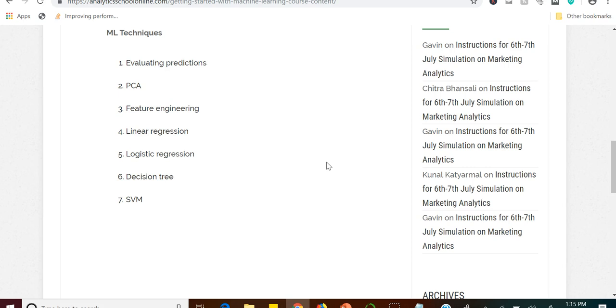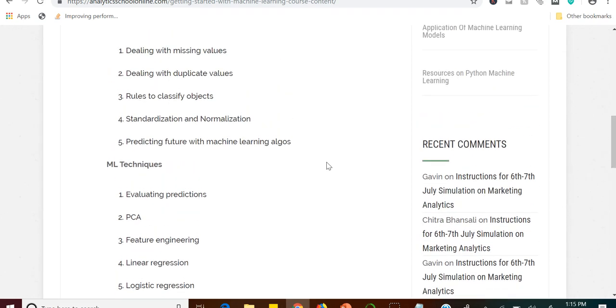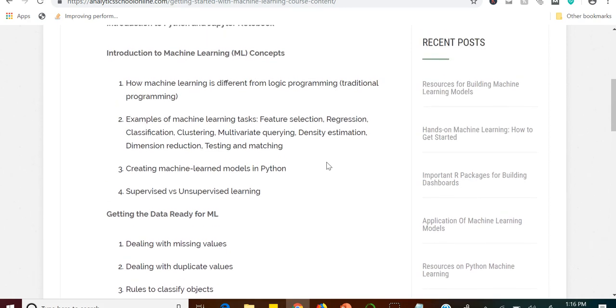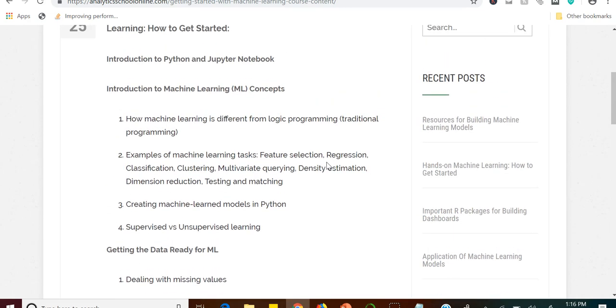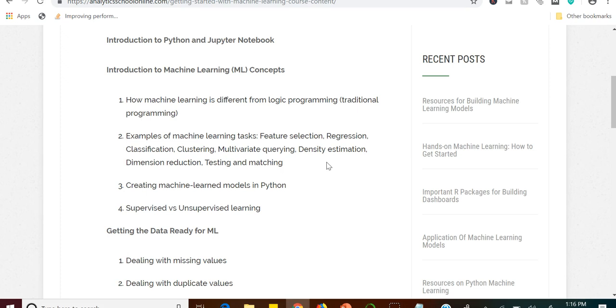All this might look like a lot in the beginning, but we'll go through it all in a stepwise manner. And if you have any question, feel free to post it on the course page itself, and we'll respond to it. I hope you get a lot from this course, and that you will be able to go to the next step of building expertise in machine learning after